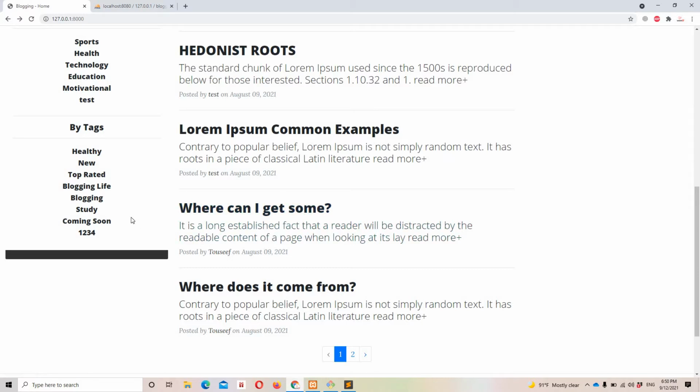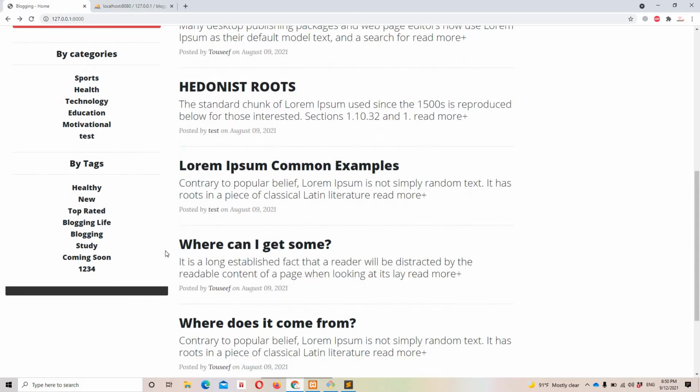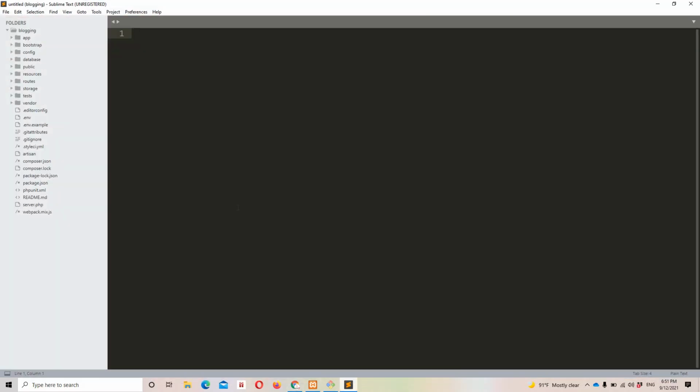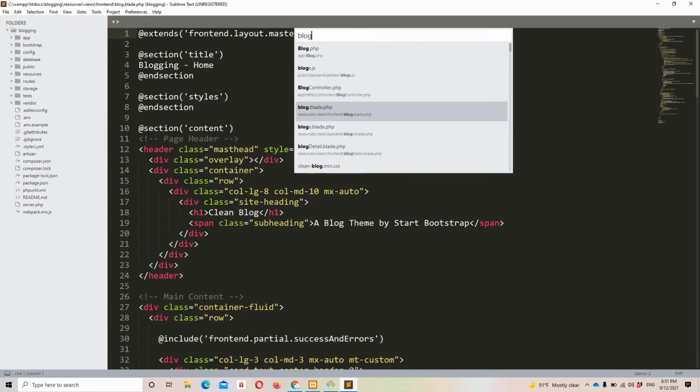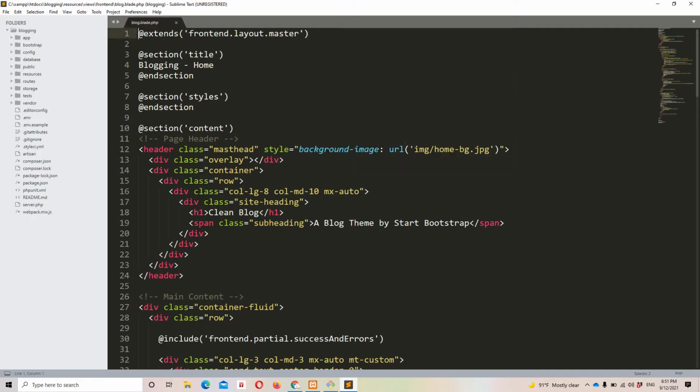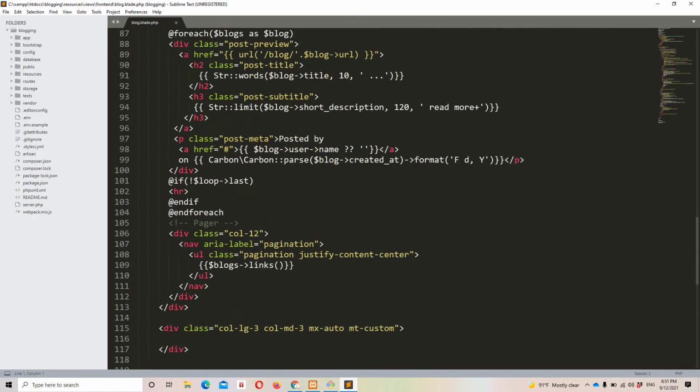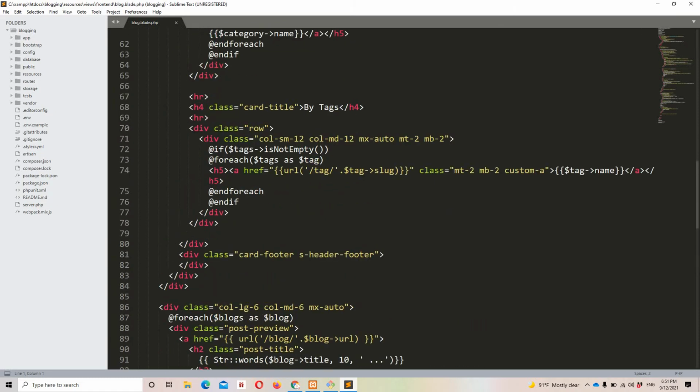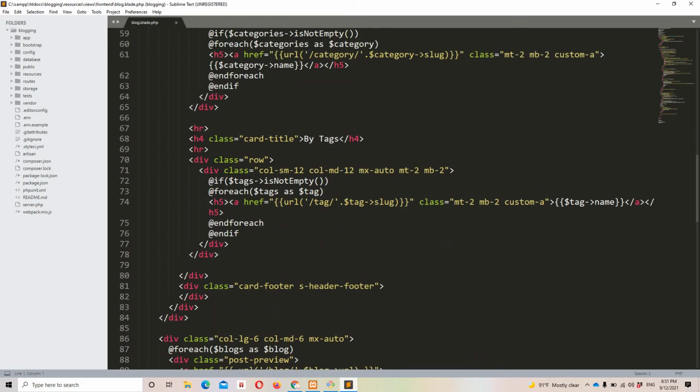First of all, what I need right here is a card or a space to show the popular blogs. So let's move to Sublime and access the blog blade right here. Let's move down. I am going to copy the last card, or let's say the div, right here.